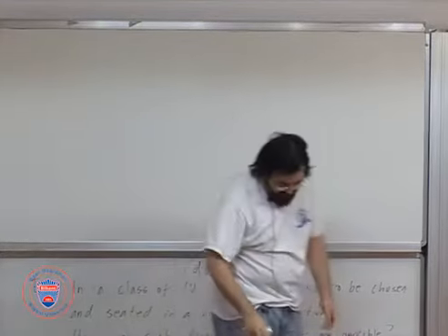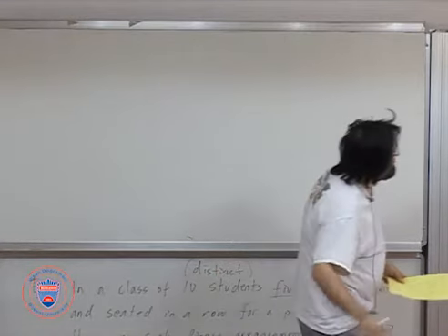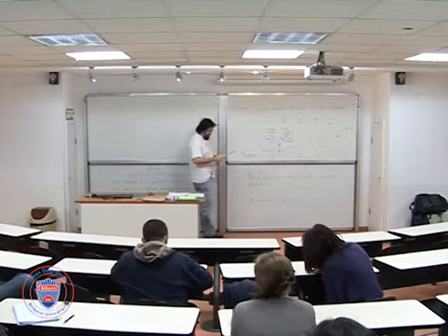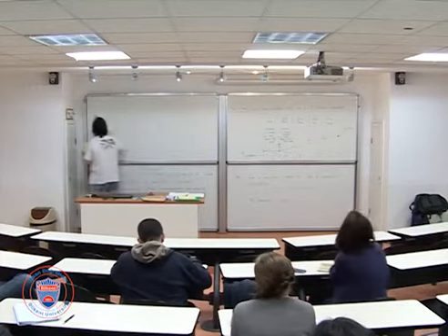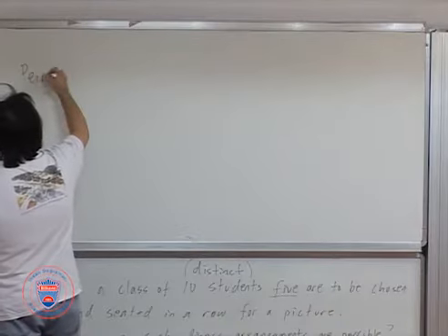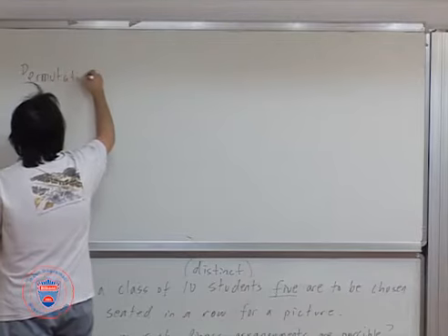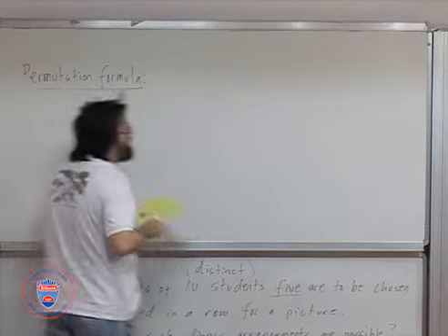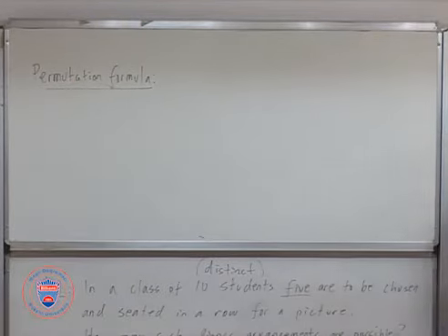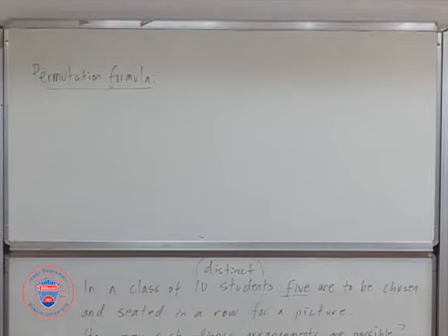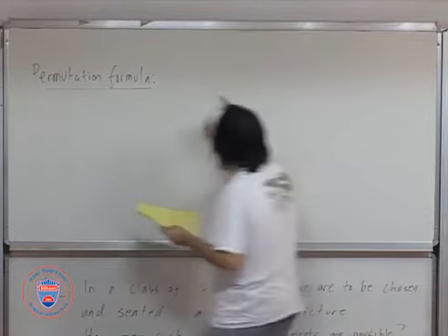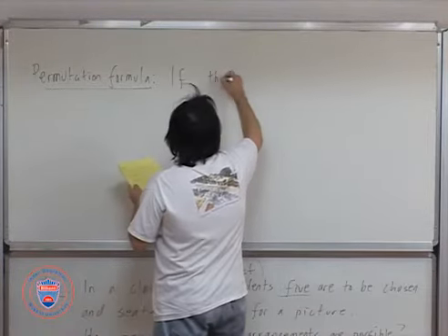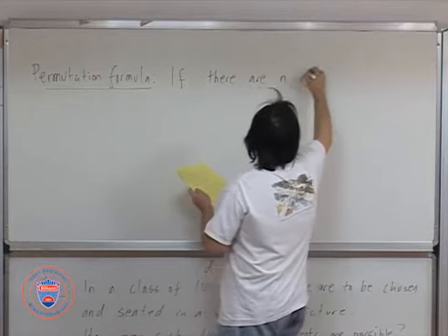Now, this is actually more general than just choosing 5 out of 10 in a row. This is a formula that you can write as a permutation formula. So imagine that you're dealing with this in a more general sense, that you have n distinct objects and you want to put all of these in a line, in a linear order. So if there are n distinct objects